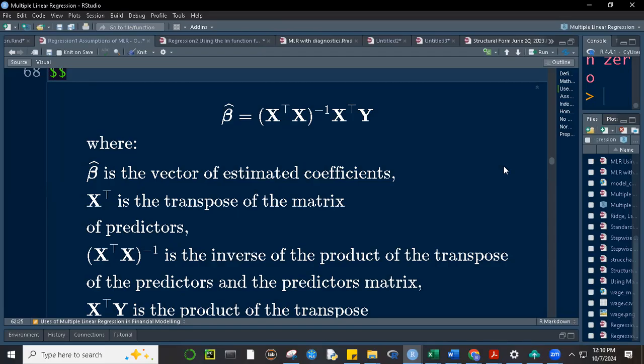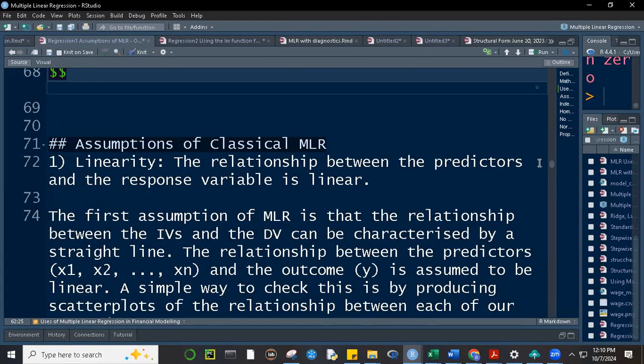So we have the equation. We have the matrix representation of our data. And then we have the solution for beta. Then we go to the assumptions, class. Assumptions of classical multiple linear regression. So this one, class, maraming references nito, no? So ang unang assumption,